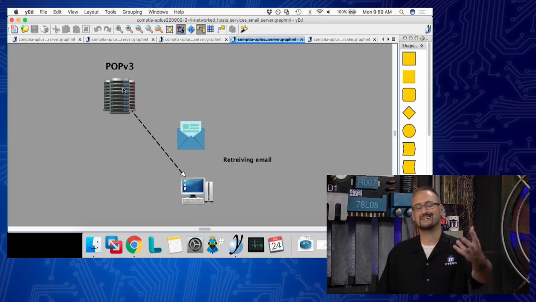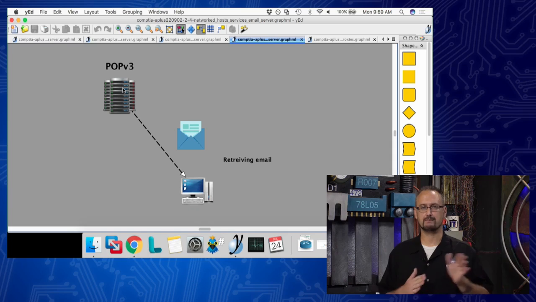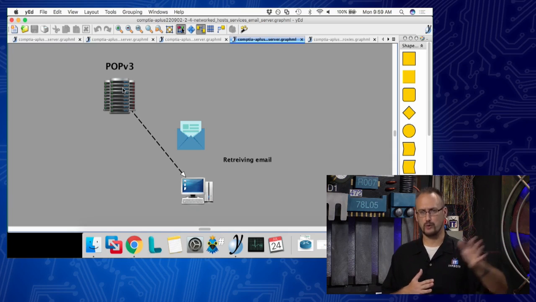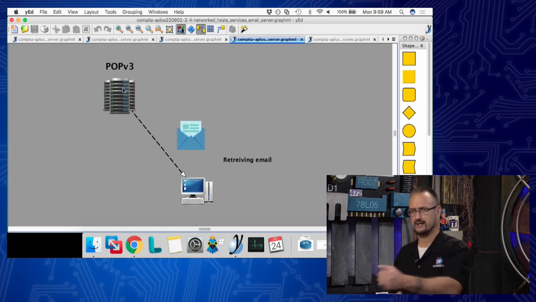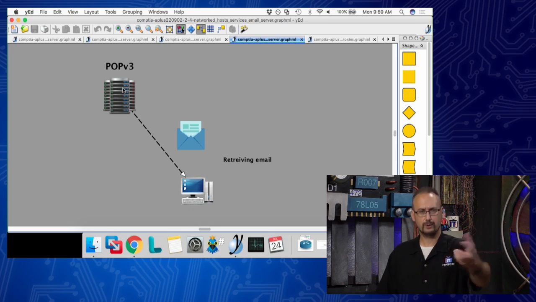When we say POP, we're pulling email, right? You have push and pull, if you will. Pushing email is forwarding it, sending it outbound. You might see that as you go into networking when they say, hey, we pushed a configuration out to the switch. That means you're sending it outbound, right? If you're pulling something down to a machine, in this case, we're downloading our email to our local inbox.